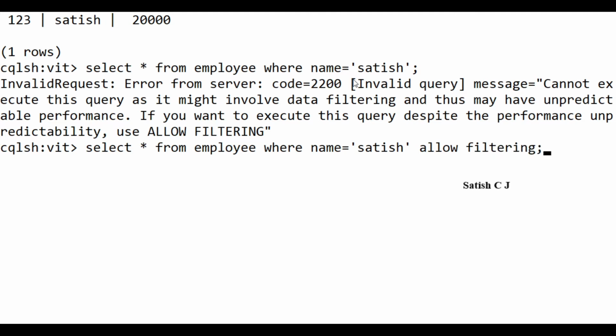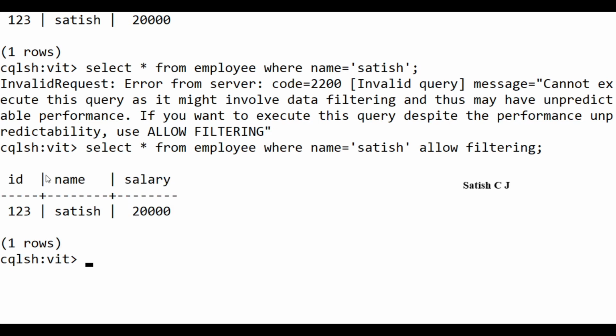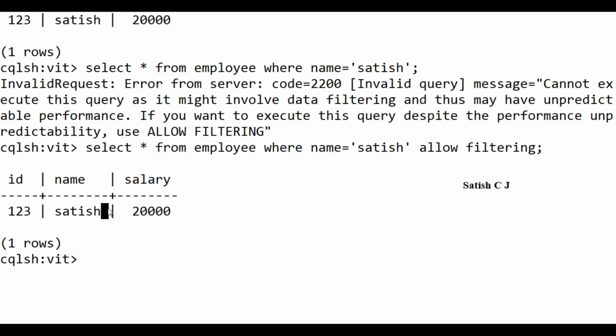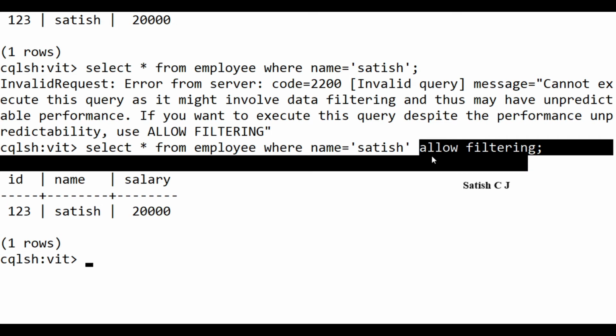We have to just allow filtering on a column without an index, so then it's going to work fine. So when you're retrieving using columns that don't have an index, please mention allow filtering.